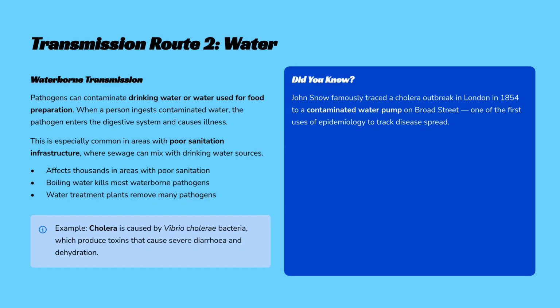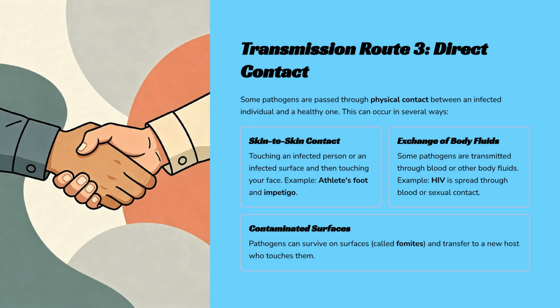Waterborne transmission happens when drinking water or food preparation water becomes contaminated. This is common where sanitation is poor. Boiling water is an effective way to kill most of these pathogens. Direct contact transmission involves physical interaction. This includes skin-to-skin contact, the exchange of body fluids like in HIV transmission, or touching contaminated surfaces known as fomites,